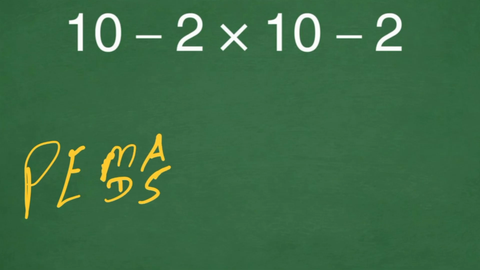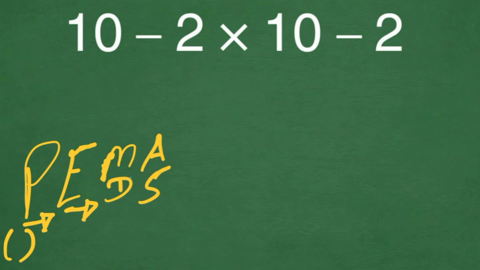so P stands for parenthesis, E stands for exponent, M and D stand for multiplication and division, A and S stand for addition and subtraction. So according to this rule, the first thing we should solve is parentheses, and then after we solve all the parentheses, we are allowed to move to exponent, and then after we solve all the exponent, only then we are allowed to move to multiplication